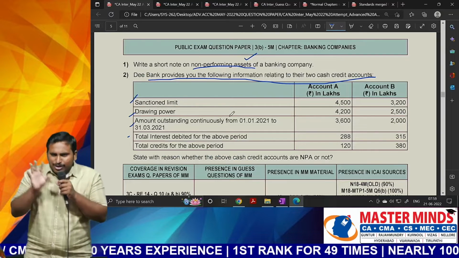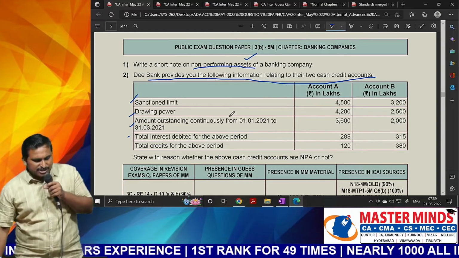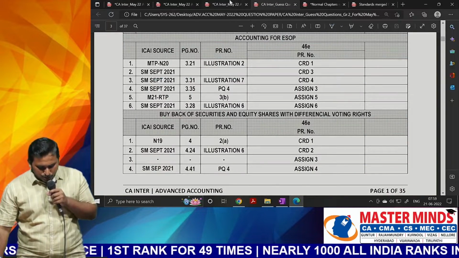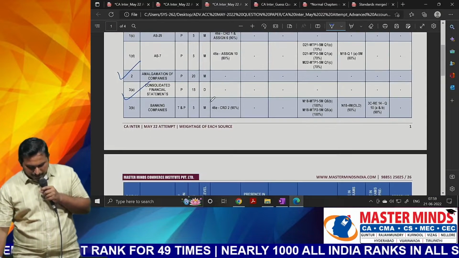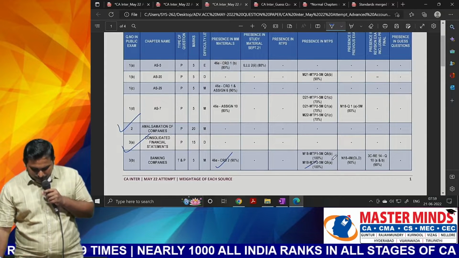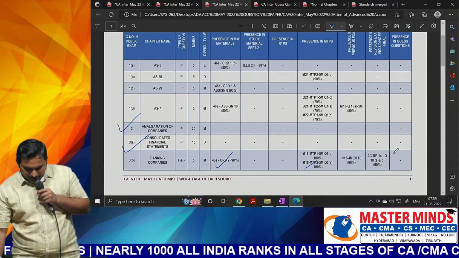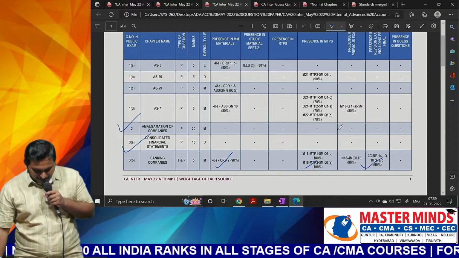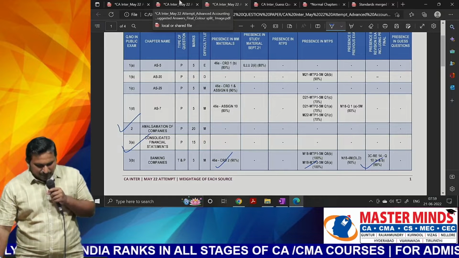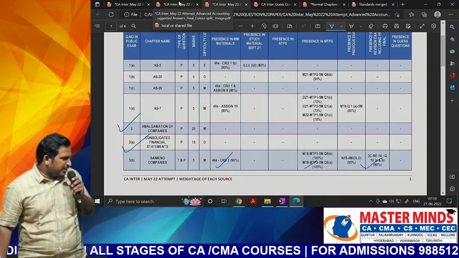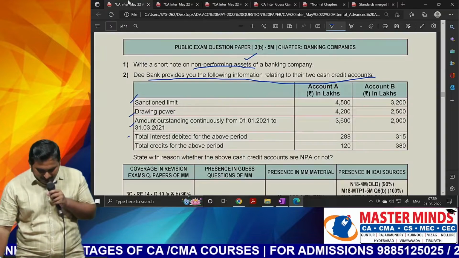Exactly similar, sir. Only some minute value changes, that's all. But otherwise, same question. In fact, let me show you where it was covered in our materials also, sir. So this is the MTPs, it was also there. That's all. Okay, right. In our revision exams also, we have repeatedly given it. We have given 90% similarity, just little changes in values, and one case was reduced. That was the percentage of similarity.